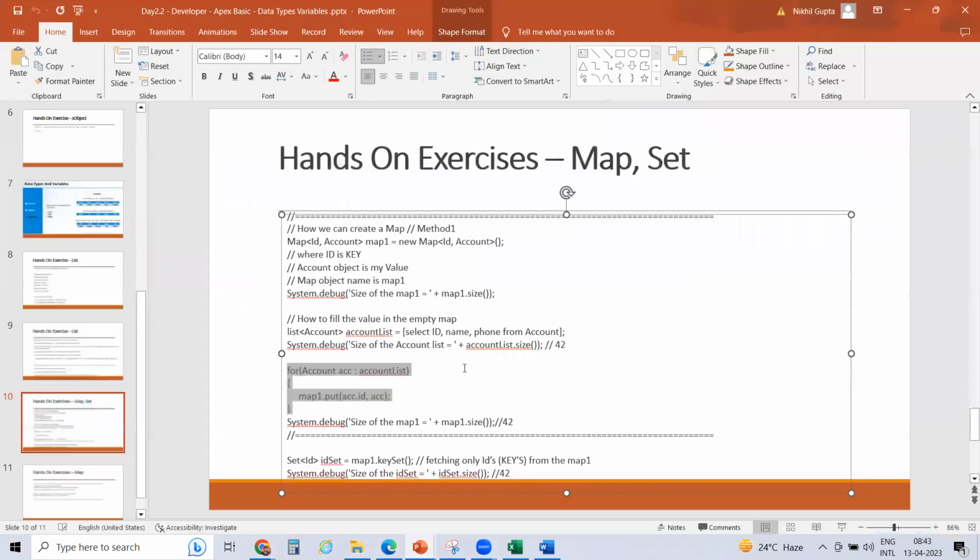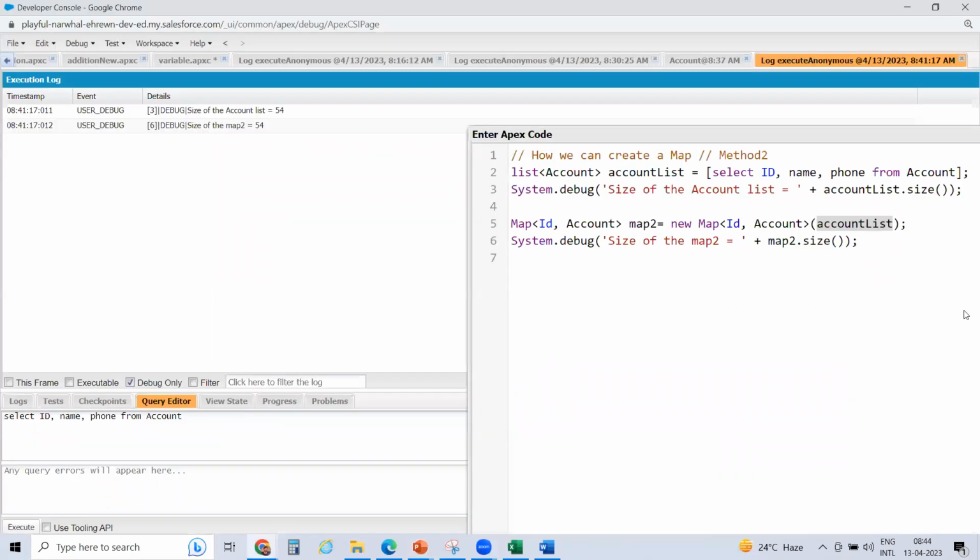Here what we were doing, we created this list. The list we are iterating one by one. We are putting with this method, this map1.put, one by one, all these account IDs and accounts in this map. And then we are printing. Now we are using that method of